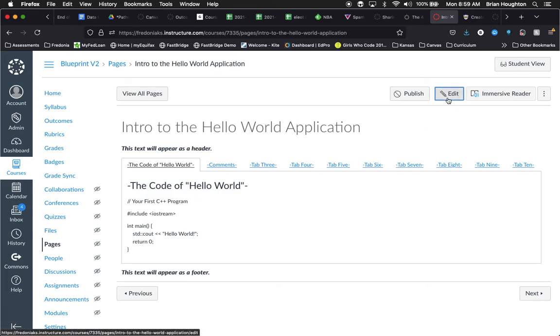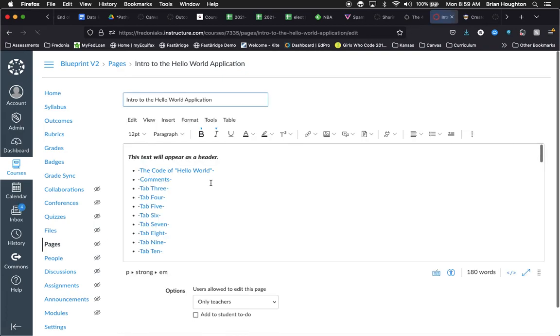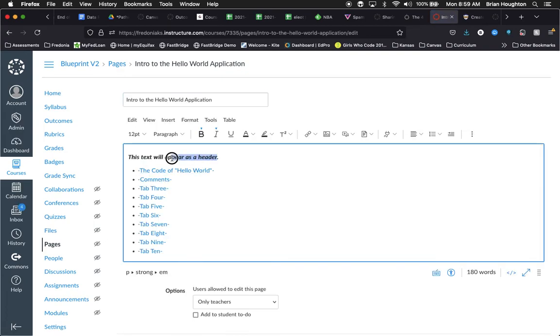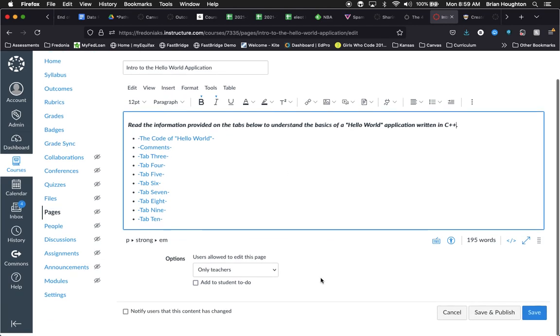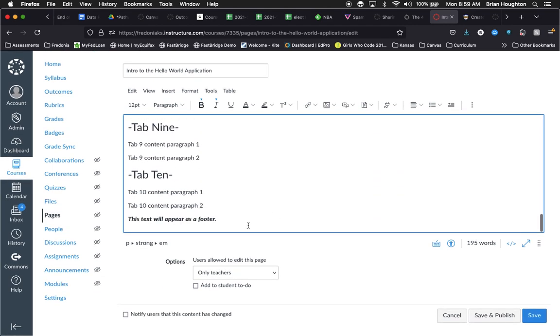Now let's go ahead and let's jump back in here to look at how we manage these footers. So I'm going to jump in here. So this can be some sort of universal text at the top, and then down at the bottom,